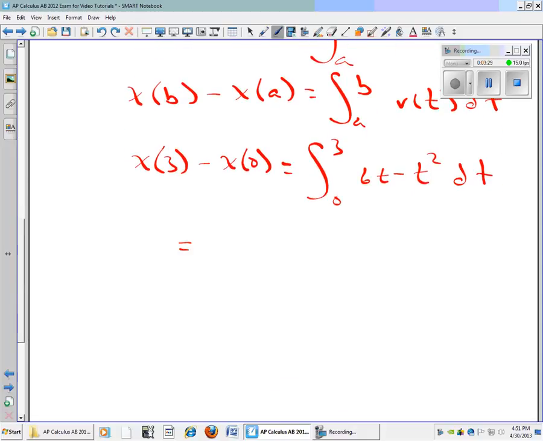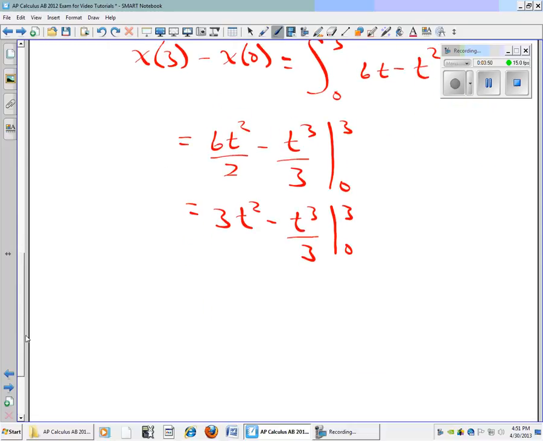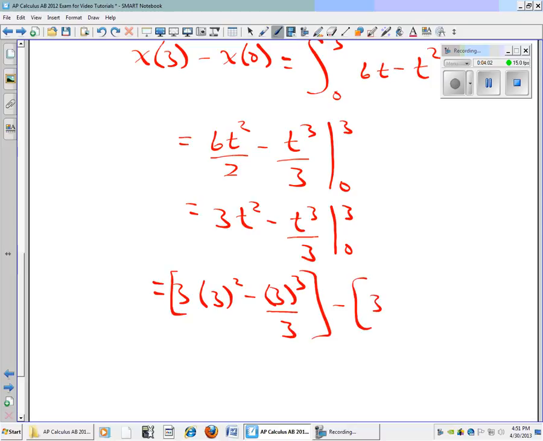We're going to get 6t squared divided by 2 minus t cubed divided by 3, evaluated from 0 to 3. And if we simplify, we get 3t squared minus t cubed divided by 3, evaluated from 0 to 3. And substituting in the 3 and the 0, we'll get 3 times 3 squared minus 3 cubed divided by 3, minus 3 times 0 squared minus 0 cubed divided by 3,